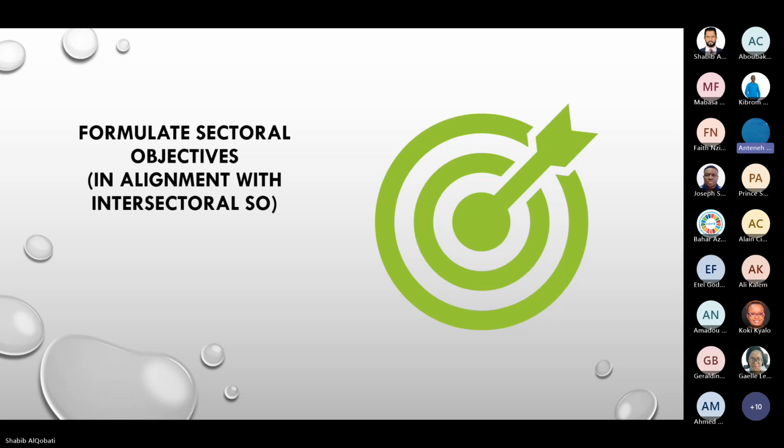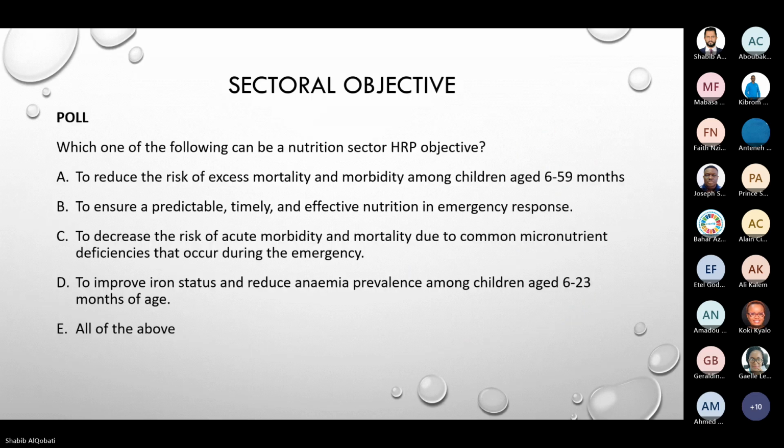The next step, as I've already mentioned, is formulating sectoral objectives. And these sectoral objectives should be aligned with the HRP strategic objective, which is an intersectoral one. So this is very straightforward. The question is how we can select a good sectoral objective. We have a number of examples which I will be showing you in the